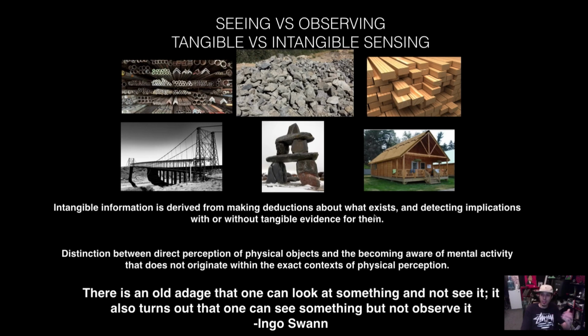Looking at a pile of rocks, there's nothing inherent in the physical rocks themselves that would make one realize that you can build a structure out of these, a beautiful symmetrical structure. Or there's nothing inherently about metal rods that would allow one to realize that they can create a structure out of them. These are things that are detected about physical things, and we have cognitions about them. We become aware. Mental activity happens when we observe objects. Half of it is physical or tangible, and there's another part of it that's intangible, like a piece of art being beautiful. That's something that happens.